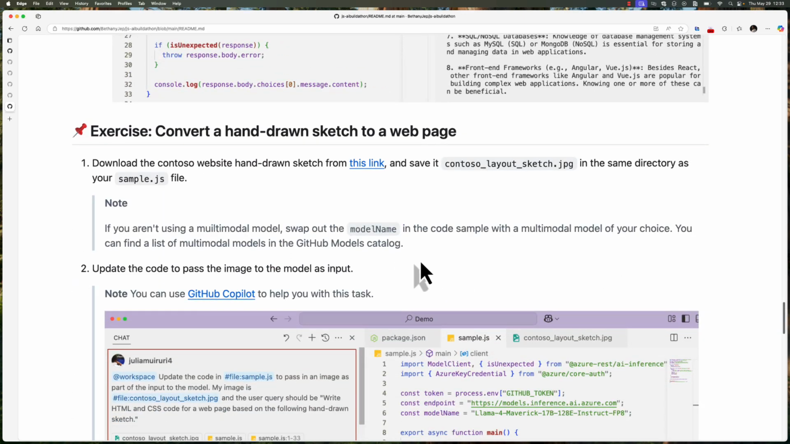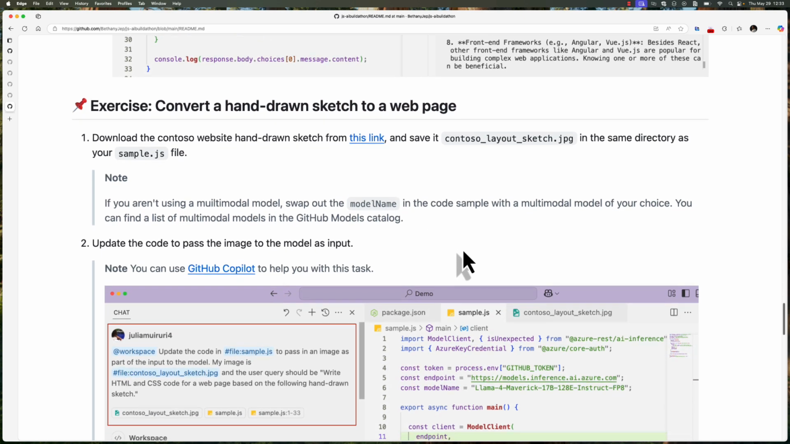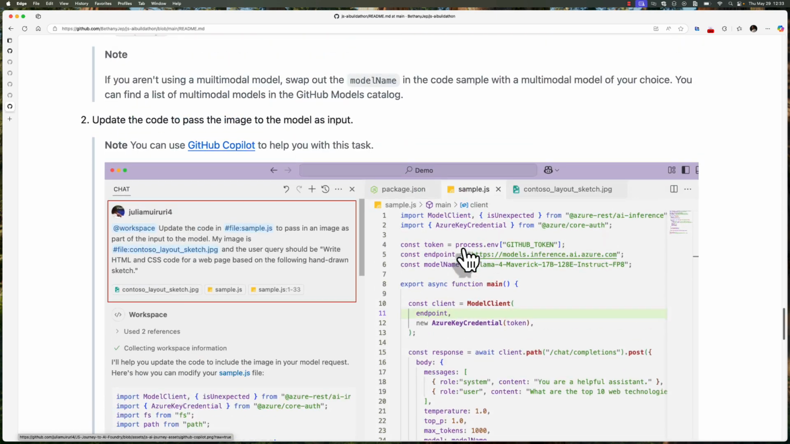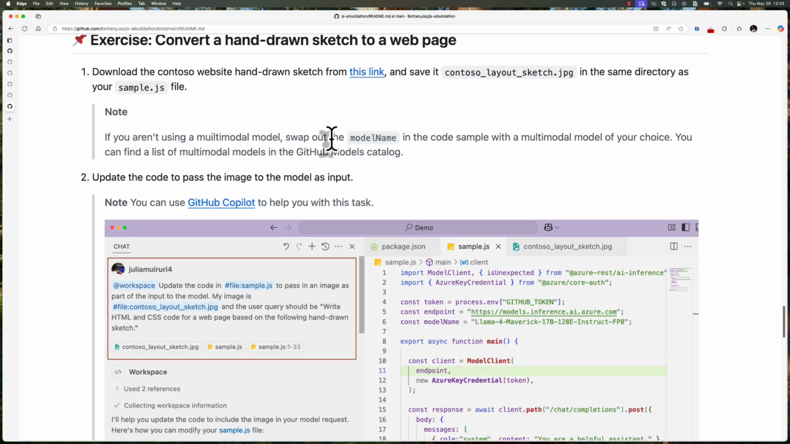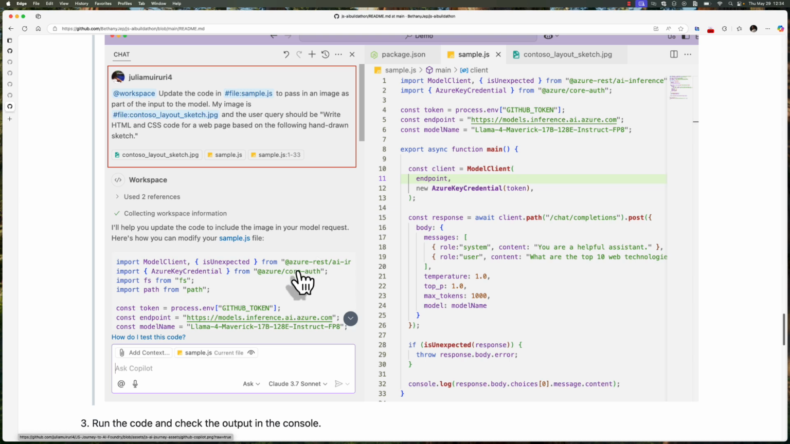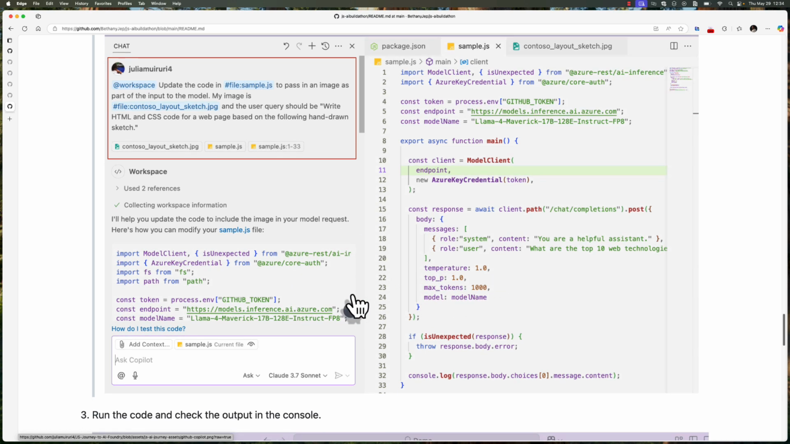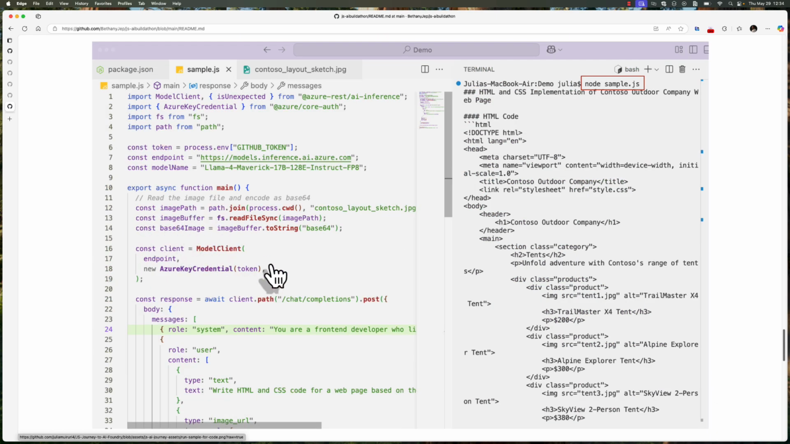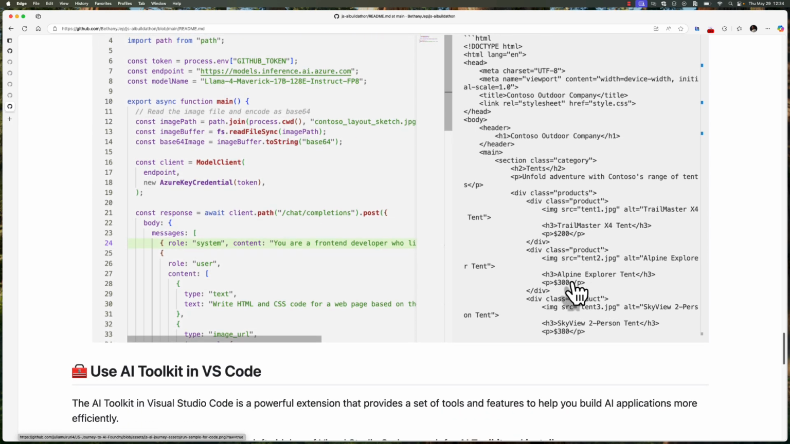Just before the activity, we have a small exercise for you. The idea is that instead of using text, you can now update your model to a multimodal model. So you just swap the model name to something that's multimodal, like GPT-4o or Llama Vision. Once you swap it out, use GitHub Copilot to your best advantage and see how you can add images as an input,